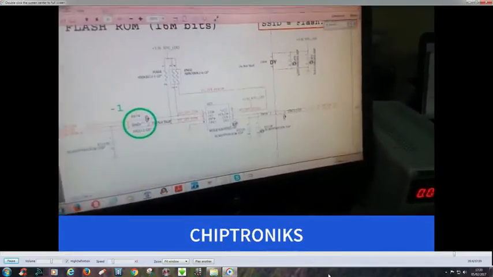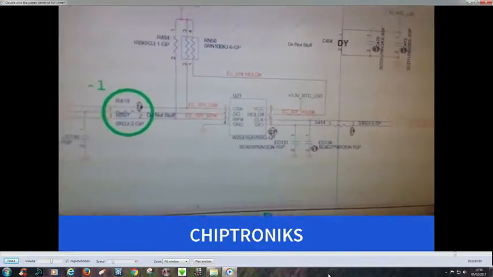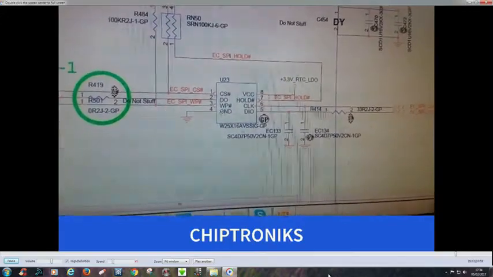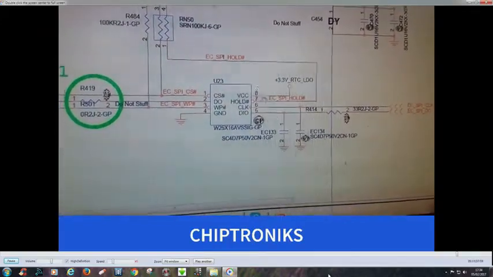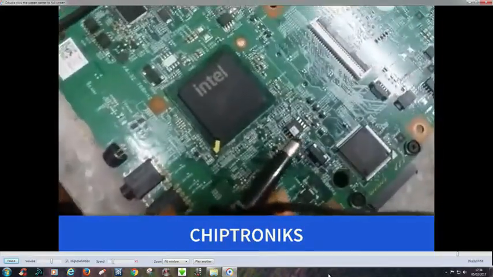Check the first three things, that is supply, reset, clock, and let's check the interaction of the IO controller with the BIOS chip. In the BIOS chip you can see an 8 pin BIOS is used. This is an 8 pin EC BIOS, and the important pins are pin number